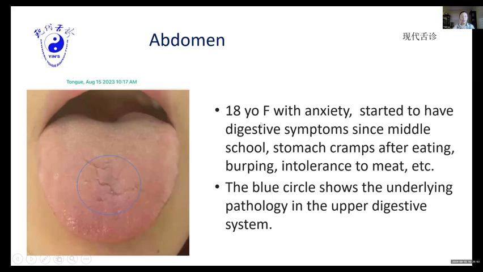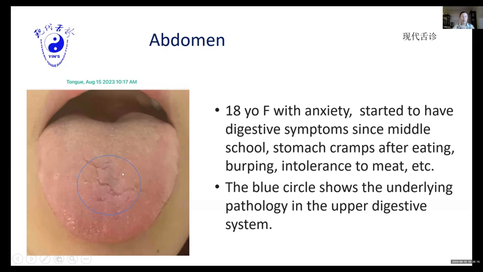This is an 18-year-old girl with severe anxiety. She started to have digestive symptoms since middle school. Each time after eating, she had stomach cramps, she burped, and she has a lot of food intolerance. You see in the circle,